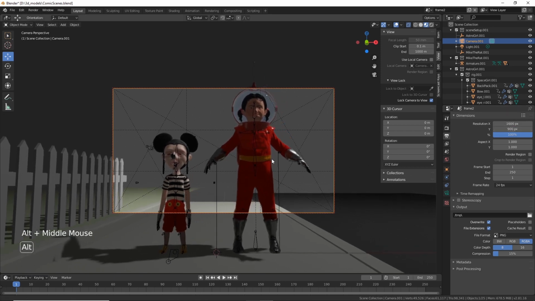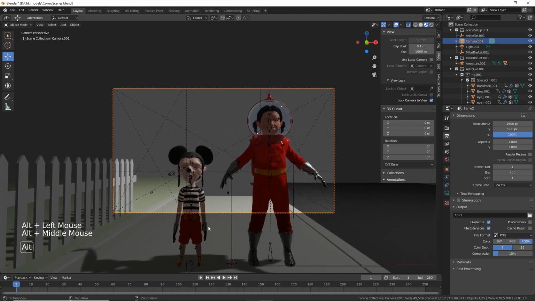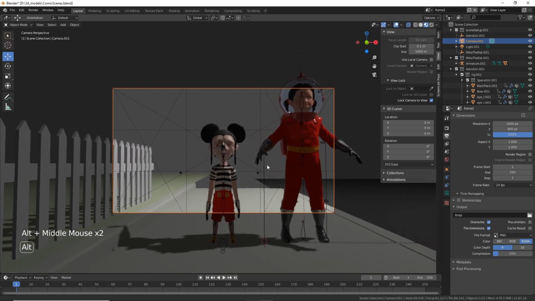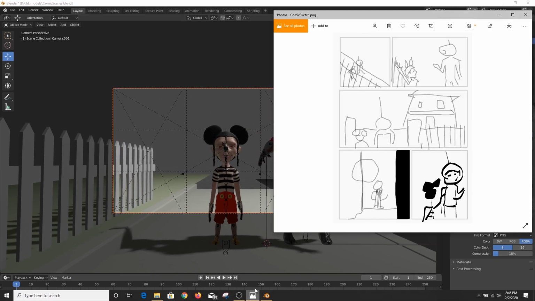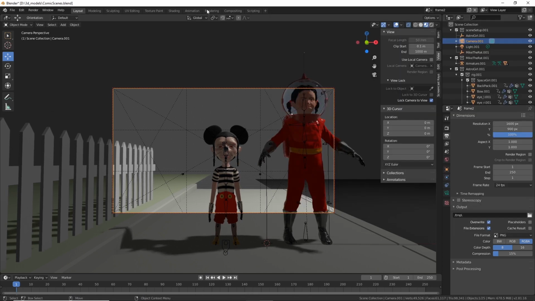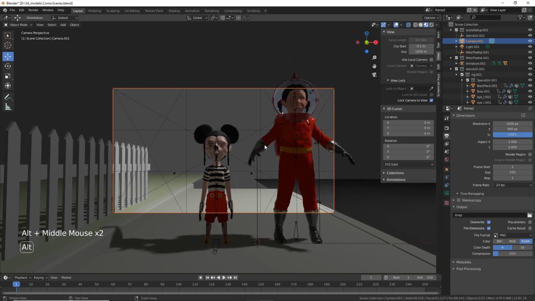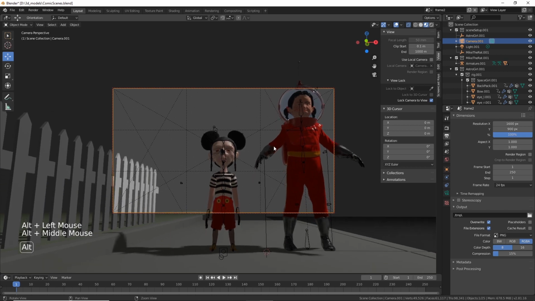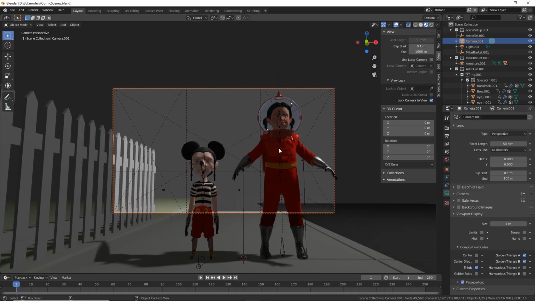Okay, so let's get this shot framed. So they're a little far. I want to get some of the fence. Let's look at what we got here. And in this case, maybe we want to move him. Maybe it's a little bit lower. And we want her to be, the goal here is